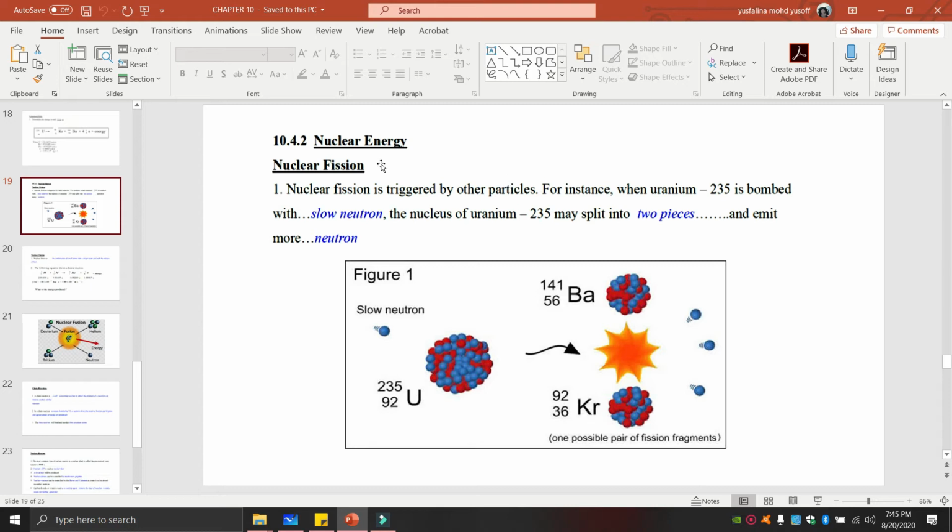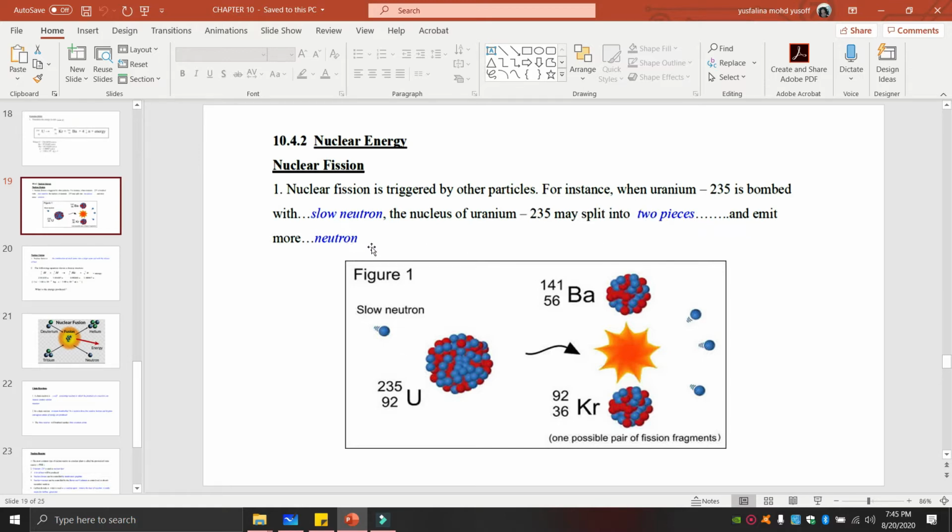There are two ways to produce nuclear energy. The first one is by using nuclear fission. Nuclear fission is triggered by other particles. For instance, when uranium-235 is bound with a slow neutron, the nucleus of uranium-235 may split into two pieces